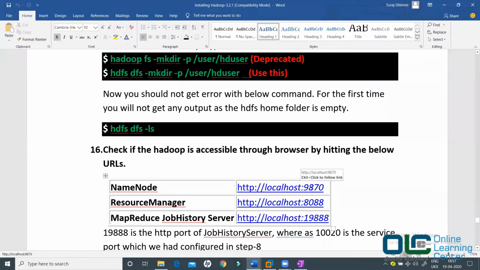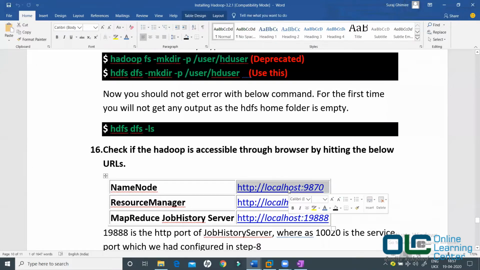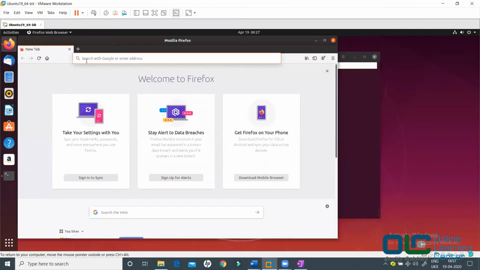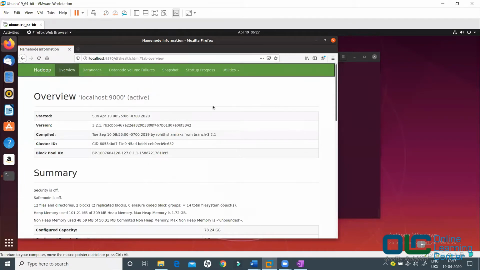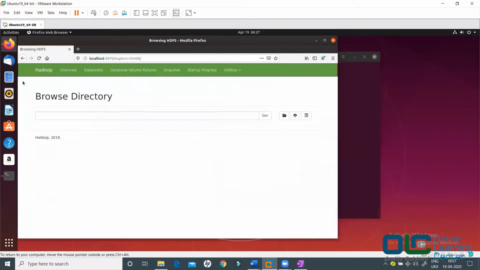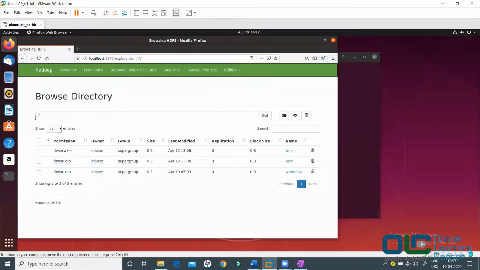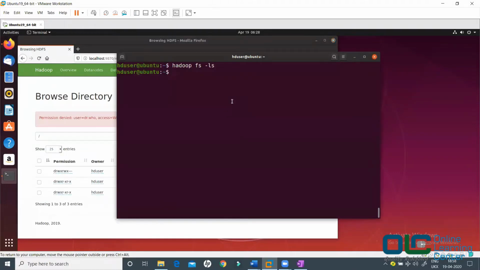So the name node web UI is what? 9870, localhost 9870. So let me copy this. I'll go to Ubuntu and paste. Now, if you remember, in that video I had told you there is something called utilities, which can help you browse the file system, and that we would revisit this later. So let's click on browse the file system. Now I can see there is a folder called temp, and a folder called user. Now see, I said hadoop fs -ls, and when I hit enter, I got nothing here.